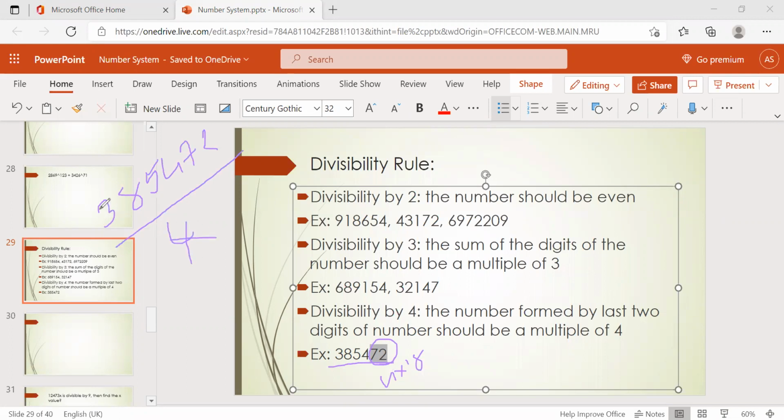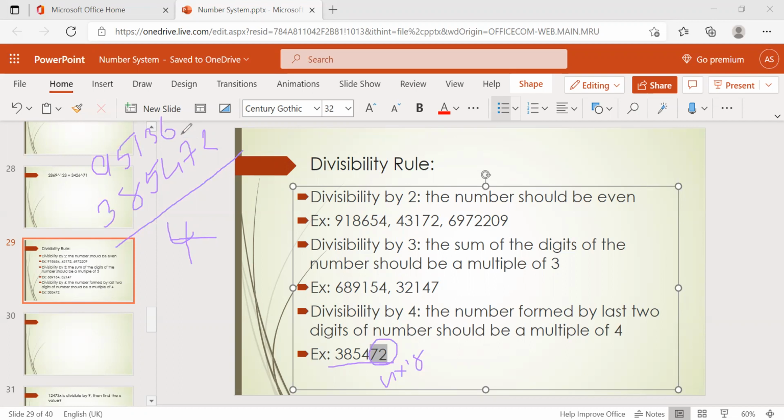Okay, now check. 9 is 36, 2, 5. Okay, 5 is 20, 5, 4. 5, 4 is nothing but 13. 1 and 3 and 27. 27 is nothing but 6.